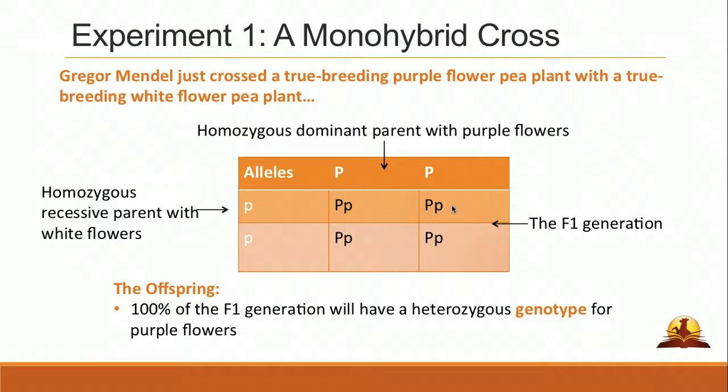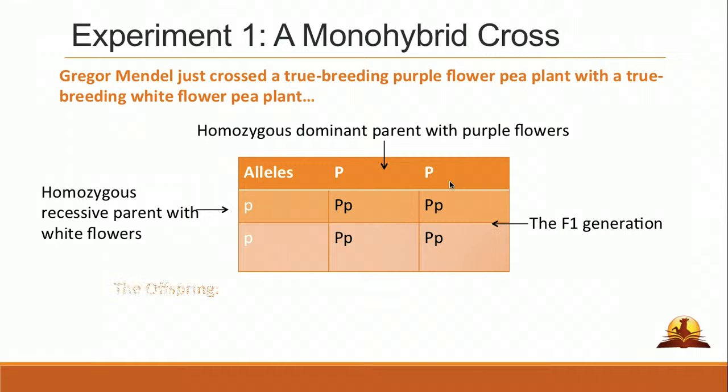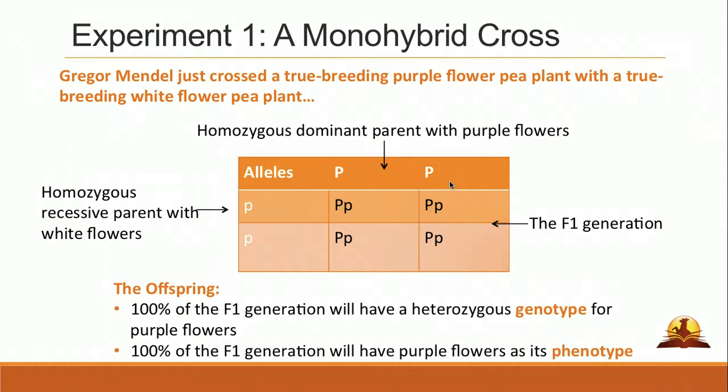And they notice that in the F1, 100% of all the kids will have a heterozygous genotype. Capital P, little p, 100%. So even though mom and dad, purple and white, they all end up being purple. So the next thing they said was, what if we mixed, and then the phenotype, the term